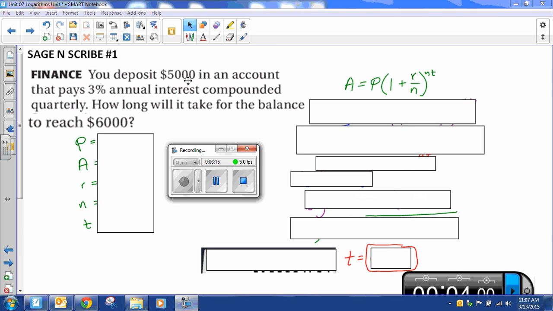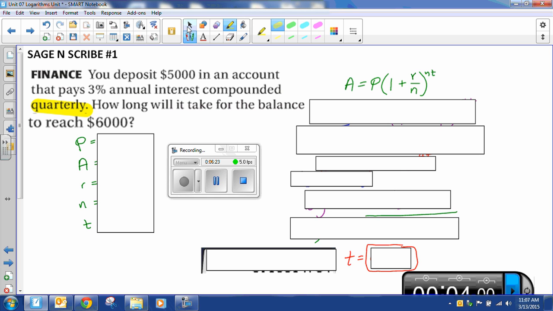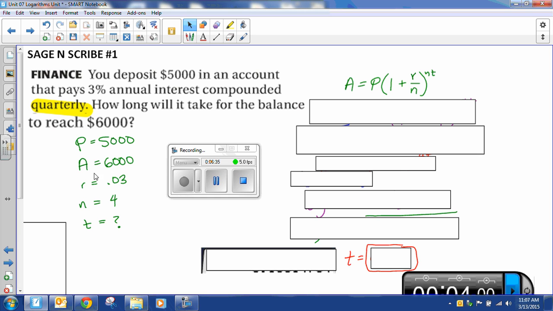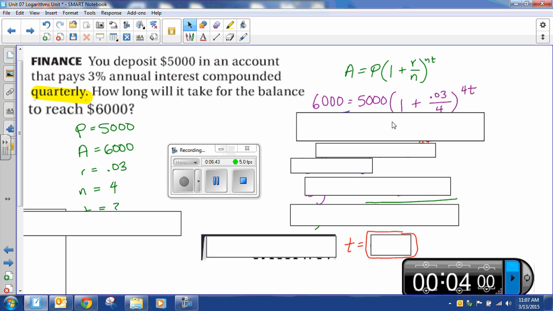Save and scribe number 1. You have $5,000 in an account, 3% interest, compounded quarterly. The word quarterly tips me off that I'm going to use this formula with n, because n is 4. How long will it take for the balance to reach 6,000? Well, principal is 5,000, the amount we're reaching is 6,000, interest rate is 3%, quarterly is 4, and t is the question mark. So we plug everything into the formula,